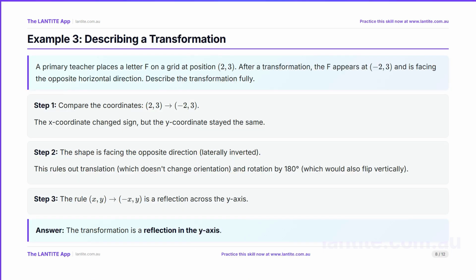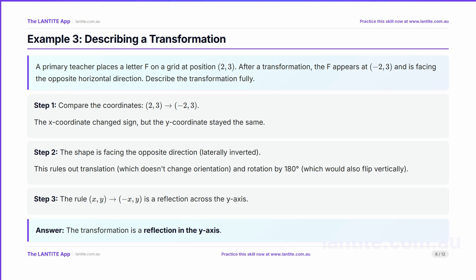Let's practice describing a transformation. A teacher places a letter F at position 2, 3. After the transformation, it appears at -2, 3 facing the opposite direction. First, compare the coordinates. The x-coordinate changed from 2 to -2, so it changed sign. The y-coordinate stayed the same at 3,